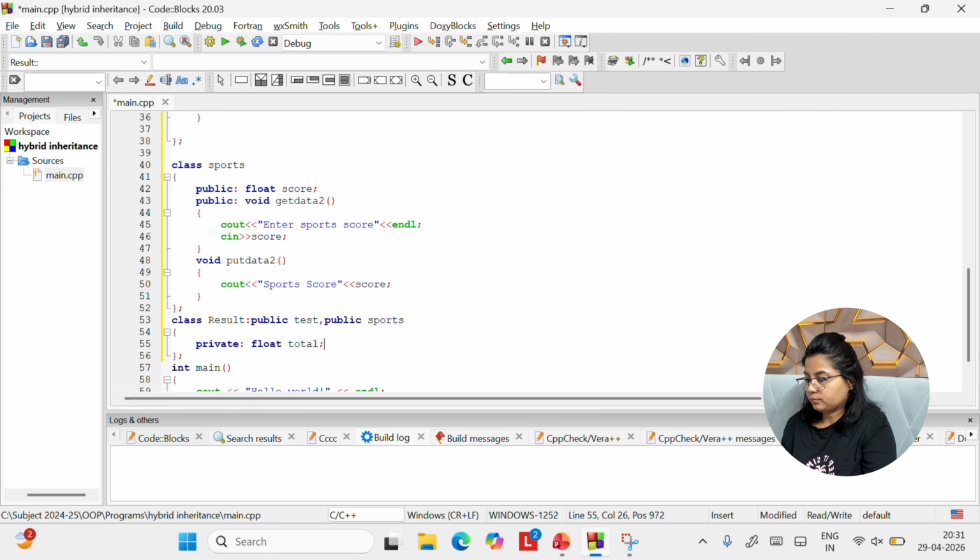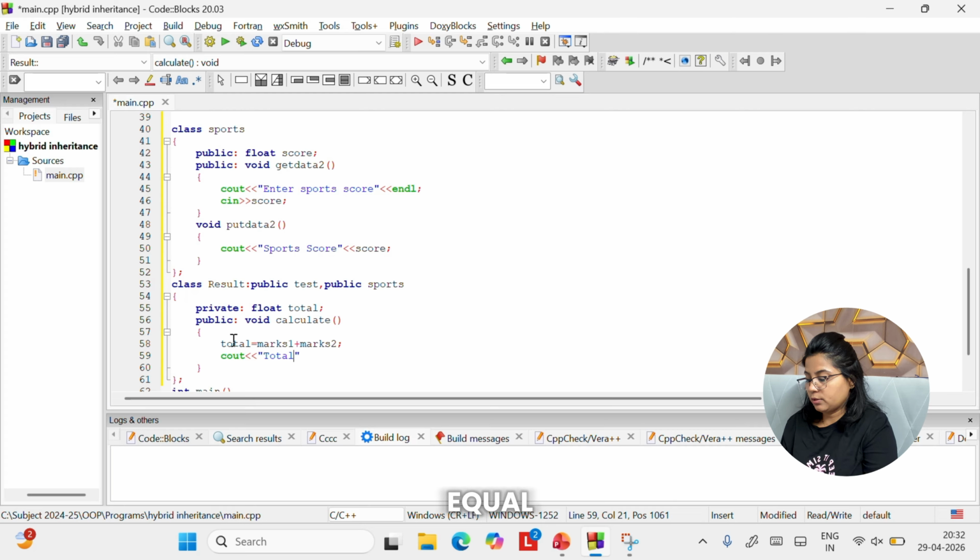So I can directly write the formula total equal to marks 1 plus marks 2. Clear? Cout total marks obtained, semicolon. Okay,